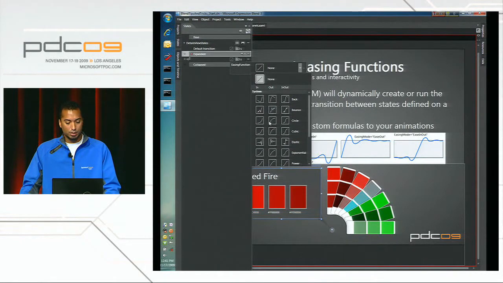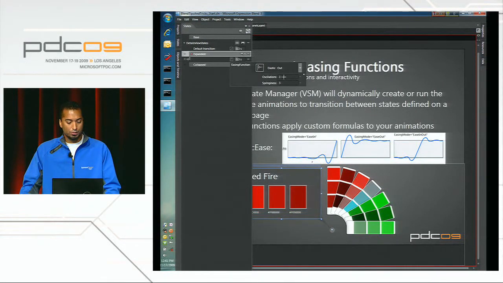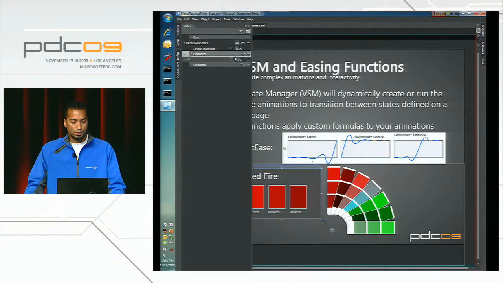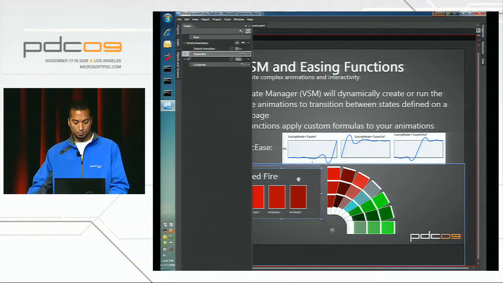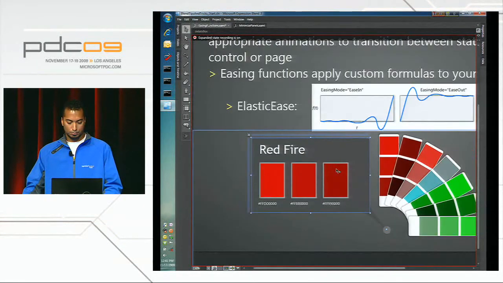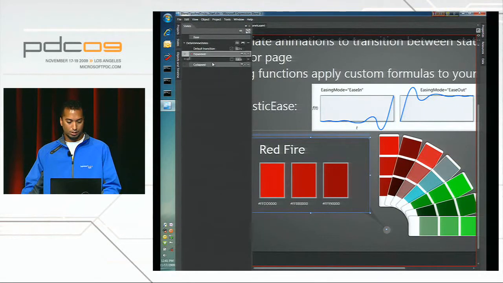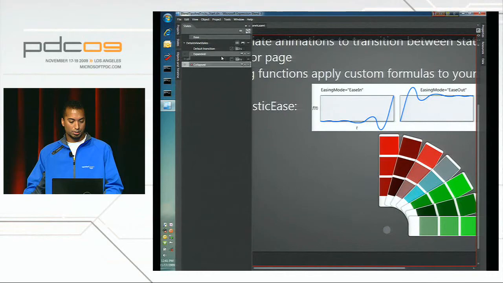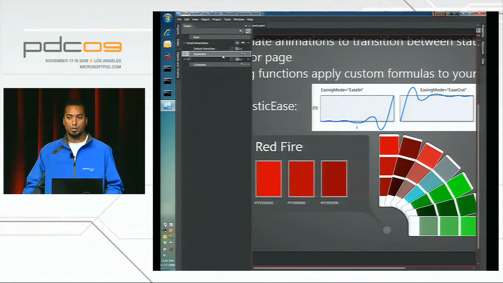I'll pick an elastic easing function, and right in the UI, I also get the ability to set particular properties on it using Blend's value editors. And so again, with transition preview, I can see the transition between these two now. I can see that it has a bit of a pop to it, a bit of a bounce to it, and you can adjust the transition duration to make this look a little bit more, depending upon what your